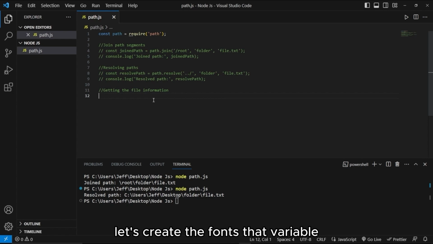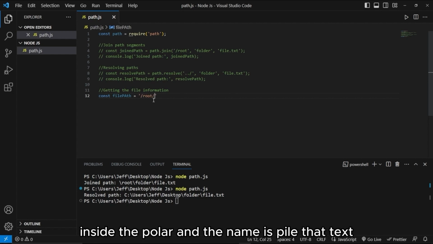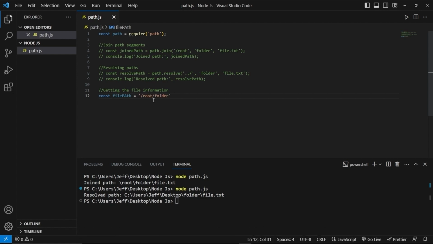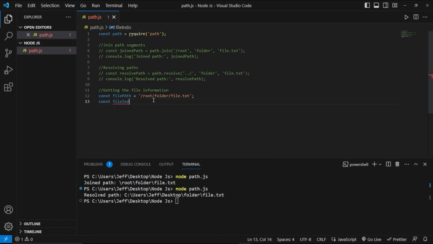Let's create a constant variable and name it file path this time. For this one, let us type the file directory, and let's assume that it is under the root, inside the folder, and the name is file.txt. After that, let's declare another constant variable and name it file info,